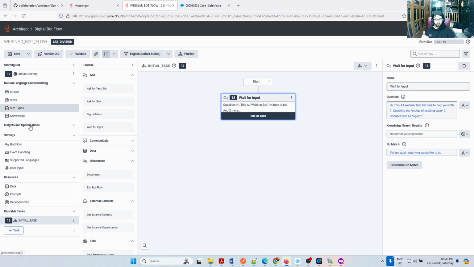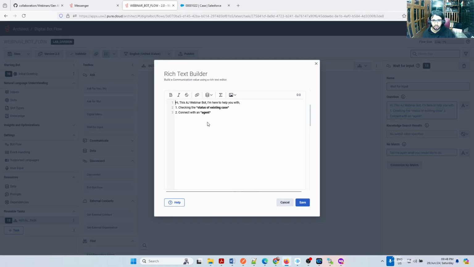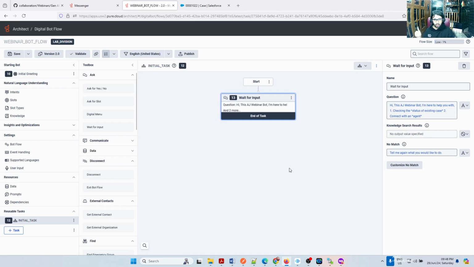Even before the intent, I need to create a task here. Our first task will be, what is my first target? It is like creating a case, right? Here, let me open that again. So my first task is checking the case status. I'm not creating the case, I'm checking the case status. So to address that particular case, I will create another task.